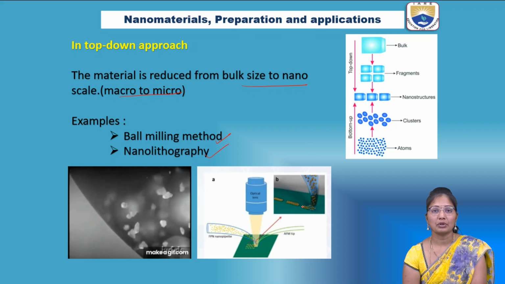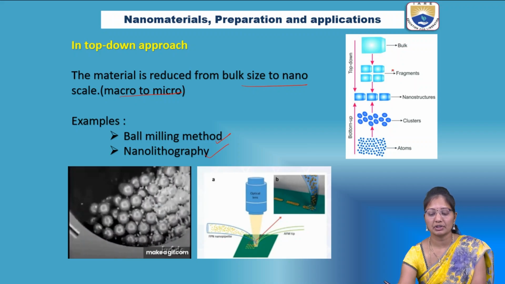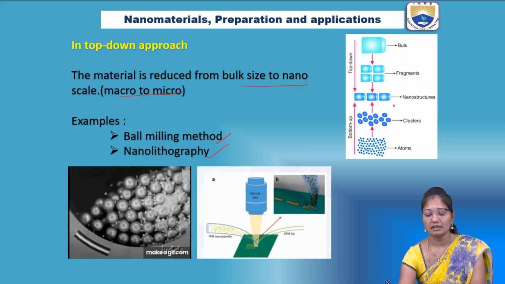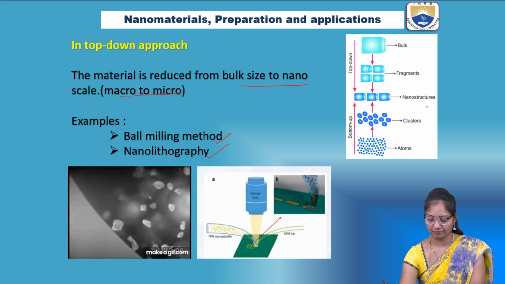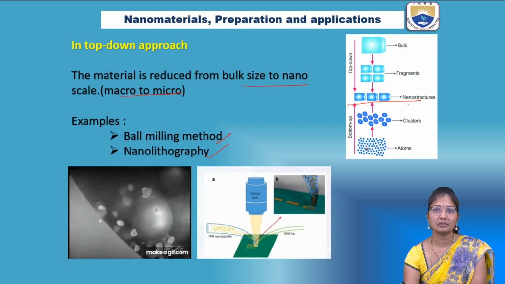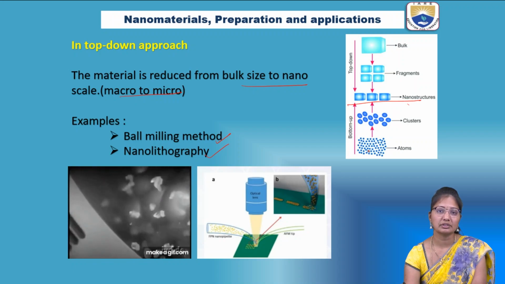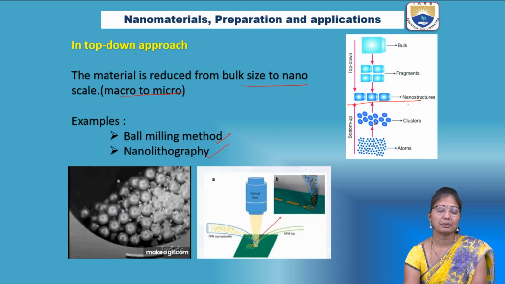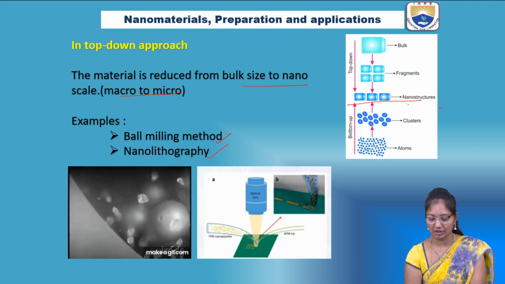So this is the top-down approach, which means the bulk compounds are converted into fragments, and then the nanostructures are formed. Up to here, this is top-down. If it is bottom-up, the small atoms, ions or molecules undergo reaction and form clusters, which then give the nanostructured